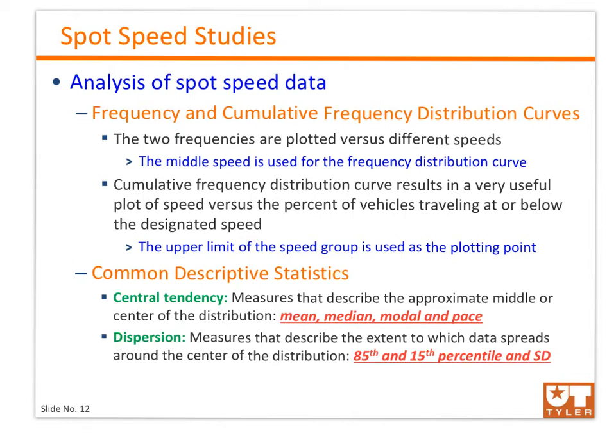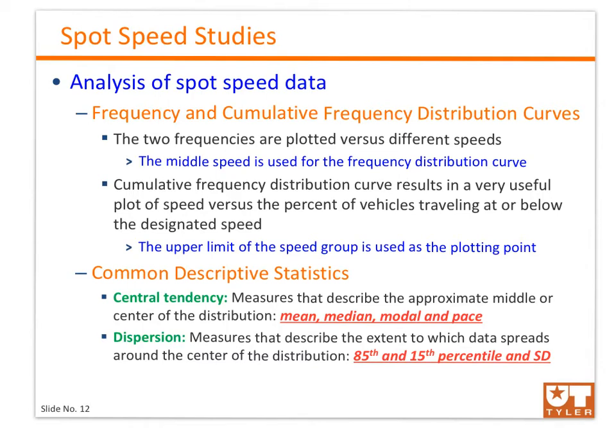First thing is the two major groups or two major families of statistics. The first one is the central tendency, and the second is the dispersion. The central tendency is basically measures that describe the approximate middle or center of the distribution. So this can include the mean, the median, the modal speed, as well as the pace. When it comes to the dispersion, those are measures that describe the extent to which data spread around the center